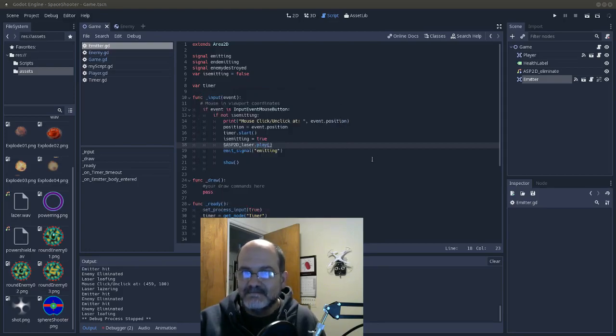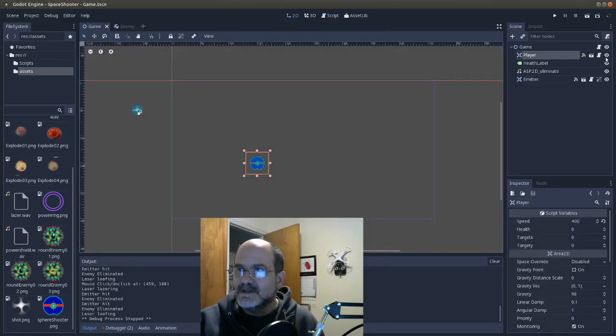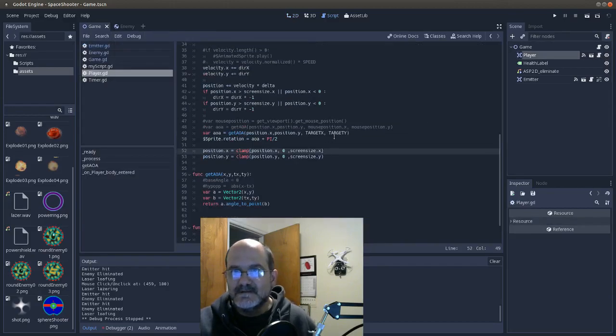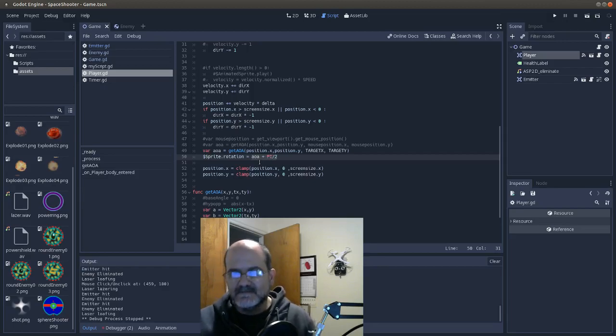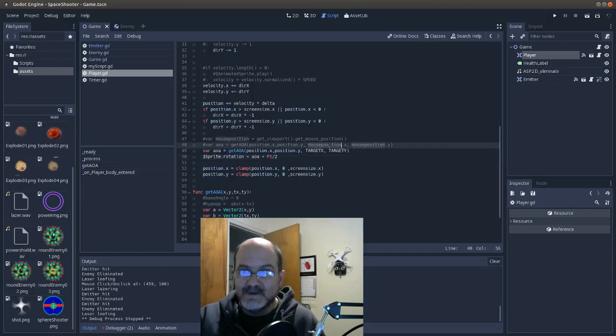Originally, I had the player just use the mouse position, and then I figured out what I call the angle of attack, and then using that with the radians to convert to the radians. Anyway, I can use that to position the sprite for the rotation, but that's a problem in that it always tracks the mouse. But then I had to figure out, okay, if I have this emitter